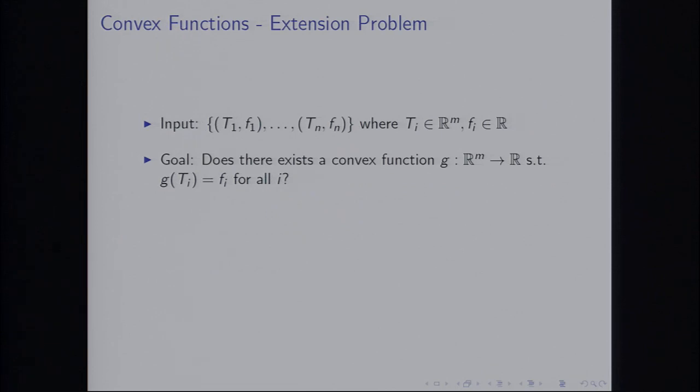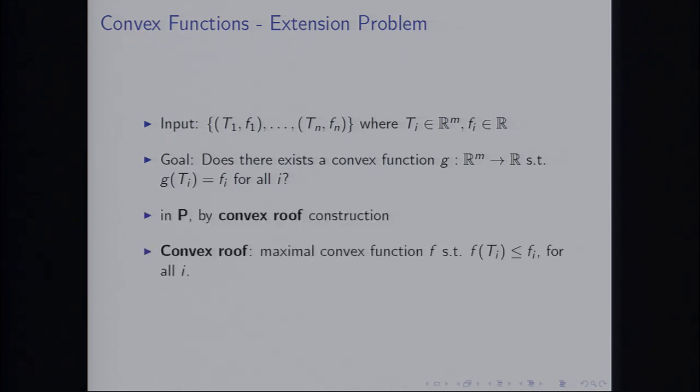Okay, so let us come to convex functions. What does the problem look like for convex functions? Here the input is n points in R^m and the corresponding values. And the question is, does there exist a convex function which passes through these points? So basically we proved that